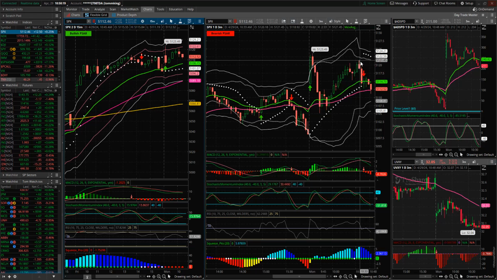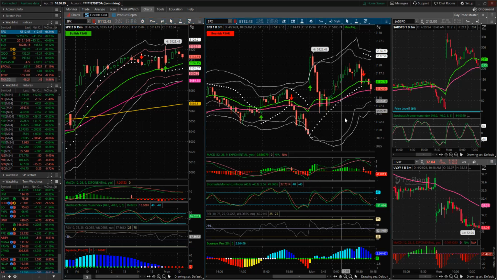So I would have liked to have gotten in with a call credit spread back in here. You can see the momentum is down. We're heading lower on the day. I mean, a call credit spread, still not the worst thing in the world. I don't want to force anything because I'm on here, and that would be my biggest fear, is trying to force a trade while we're on here. But